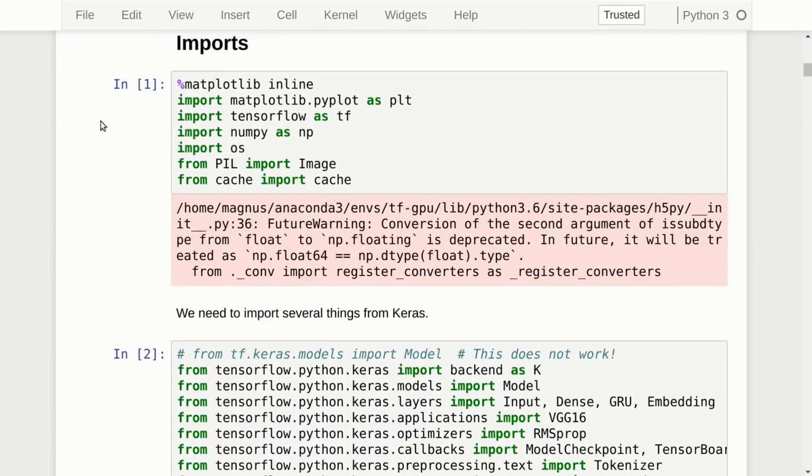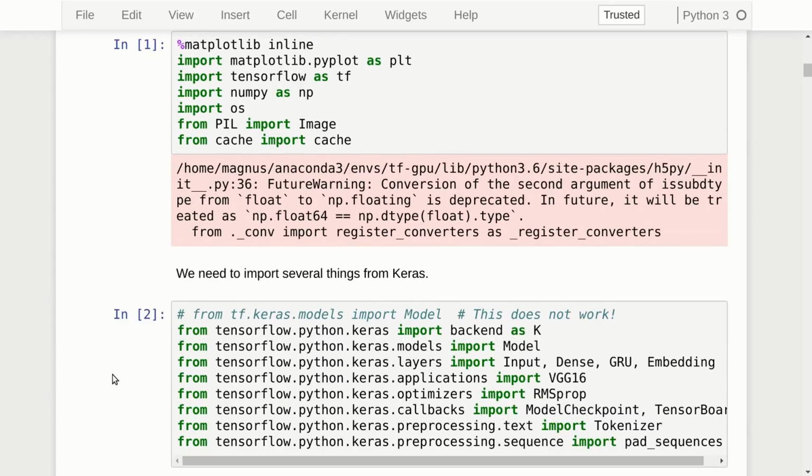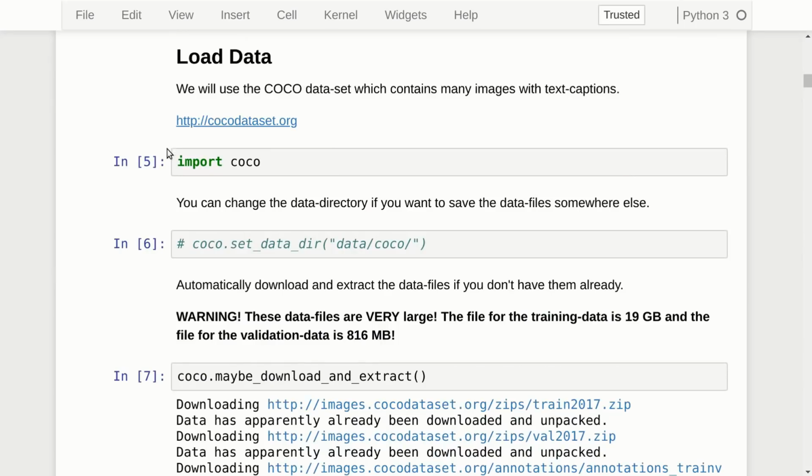Okay, so let's get to the implementation. And as usual, we have some imports. I think this is my start marker, so that now you know that the code is gonna start. So now you're ready for it. Okay, let's go on. So we have all of these Keras imports here, and then we have to load the